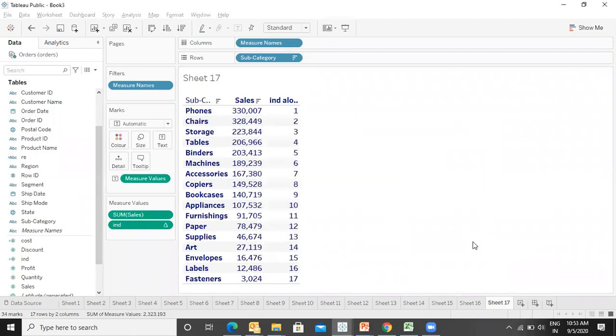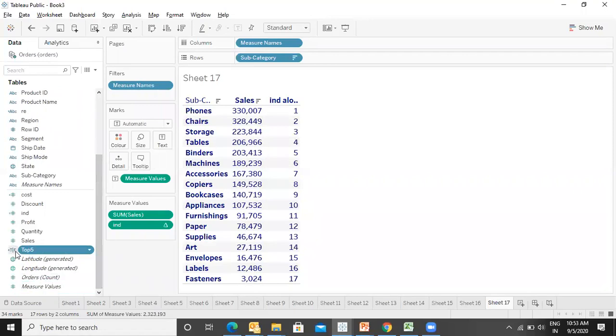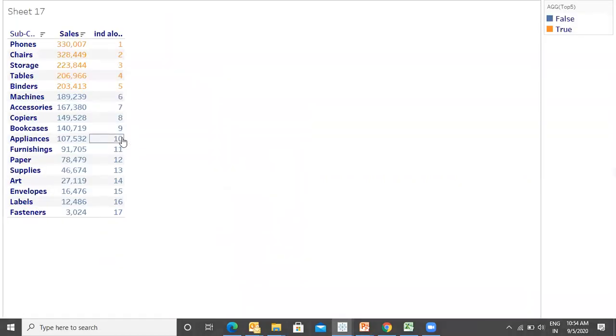Say okay. Now if you look over here, if you remember when I was telling you about the data types available in Tableau, I told you about the Boolean data type, which I said we currently do not have, but we will be creating a Boolean data type. So this is a Boolean data type. You can see T and F over here, true false, which indicates a Boolean. Now you just put it into the colors. Here it is. So you can see that the top 5 has been highlighted.